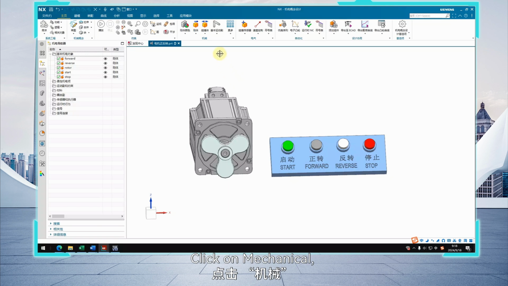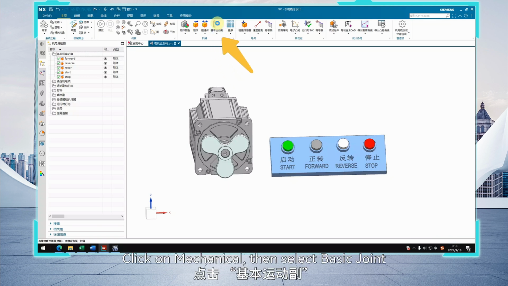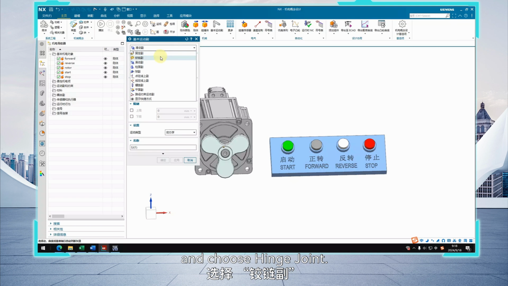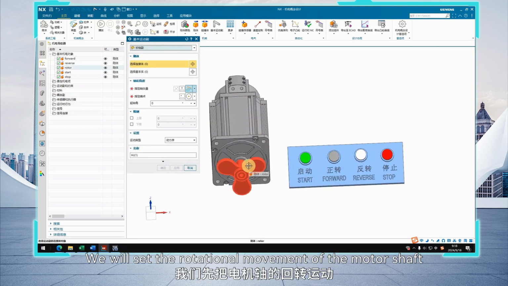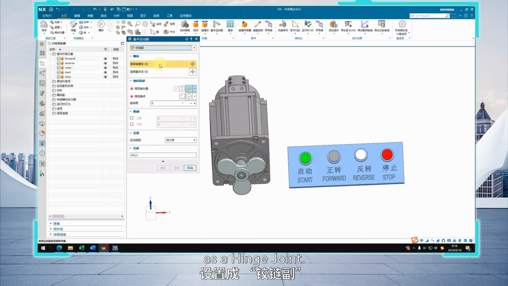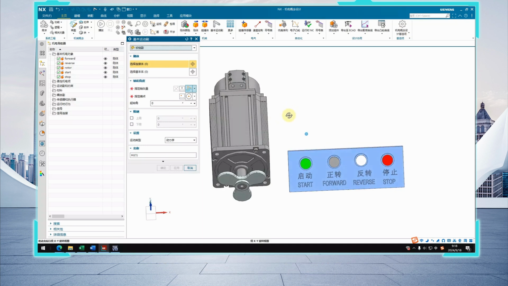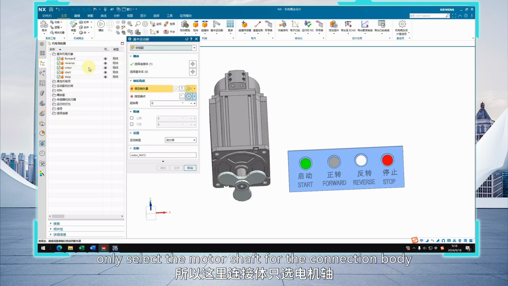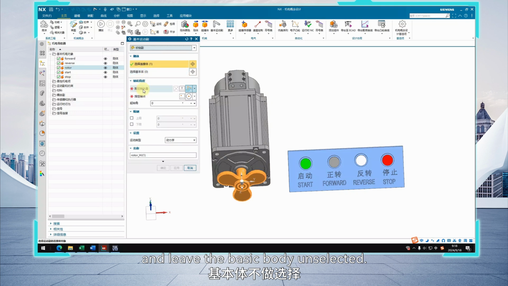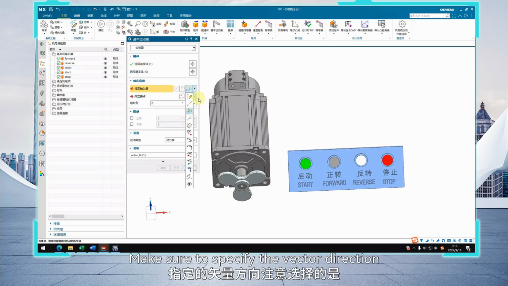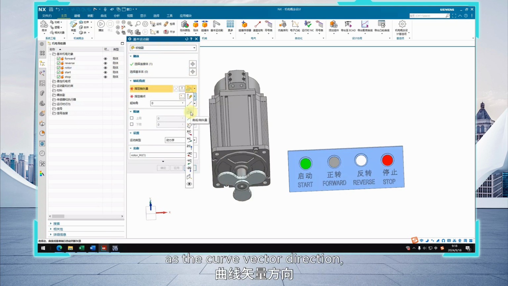Click on Mechanical, then select Basic Joint and choose Hinge Joint. We will set the rotational movement of the motor shaft as a hinge joint. Since we haven't set the motor body as a rigid body and have fixed it, only select the motor shaft for the connection body and leave the basic body unselected. Make sure to specify the vector direction as the curve vector direction,